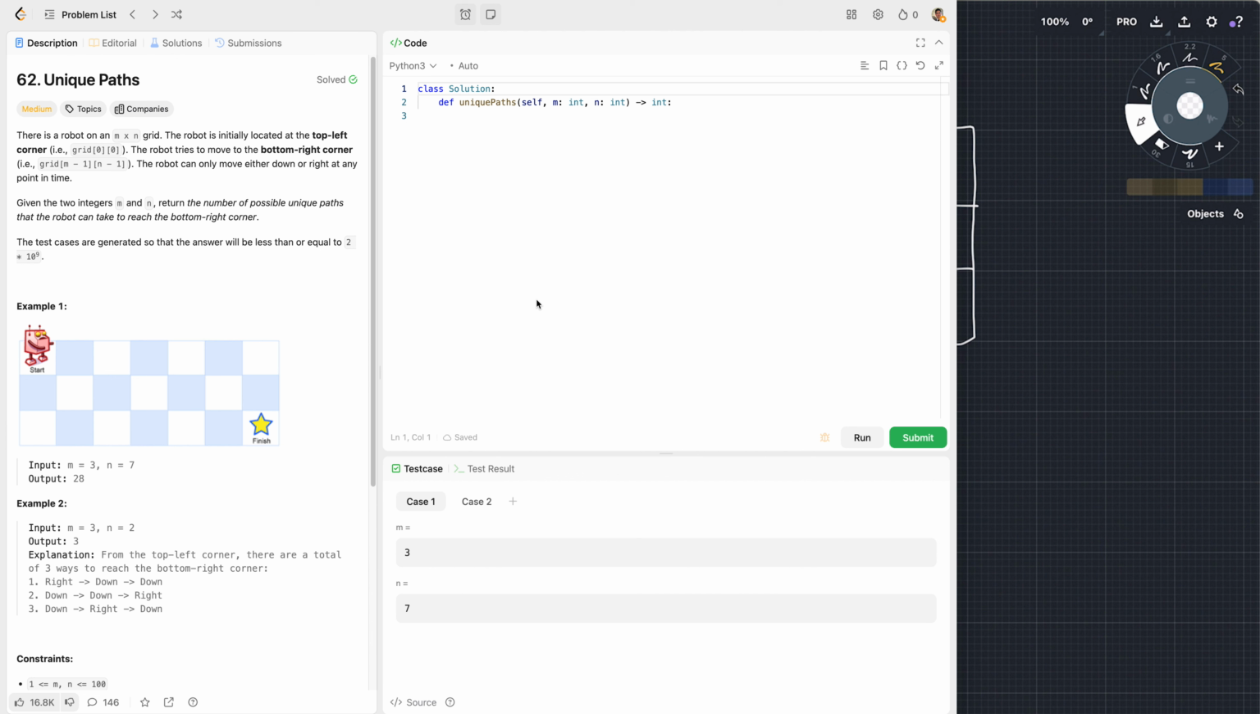Given the two integers M and N, return the number of possible unique paths that a robot can take to reach the bottom right corner. The test cases are generated so that the answer will be less than or equal to